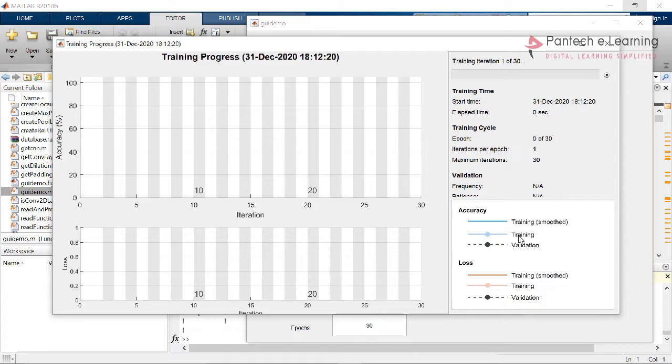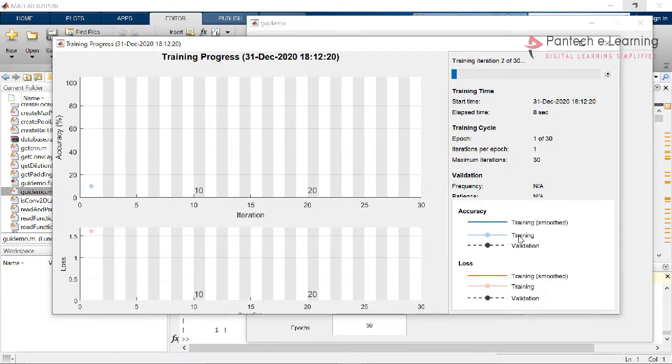Therefore, the training session starts now. Let us wait for some time till it gets completed.